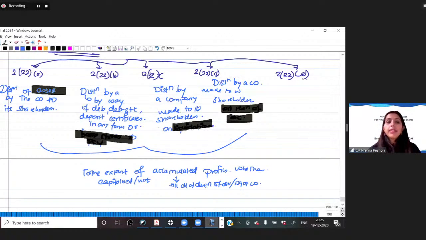Is it clear till now? Any doubts? Did you understand this? So for liquidation, what we used to do is, we used to take full value of consideration as money received plus FMV of the assets distributed minus deemed dividend under 222C. Do you remember, in the capital gain class we had done this while we were dealing with 46.2, right? And all of these are till the level of accumulated profits. They will be taxed as deemed dividend. Clear? Is it clear? Any doubts?